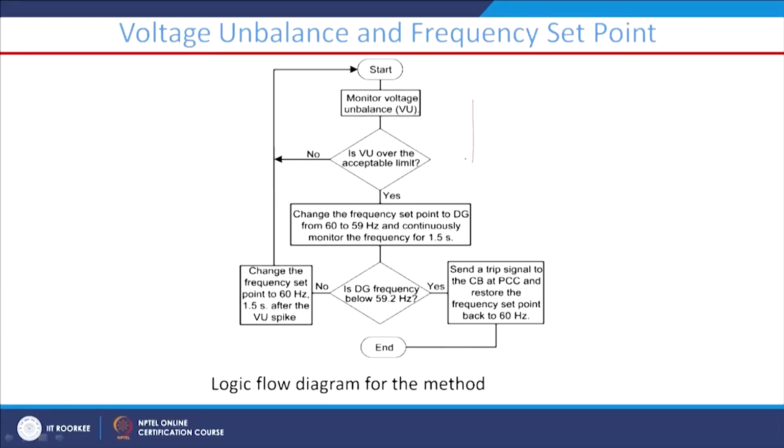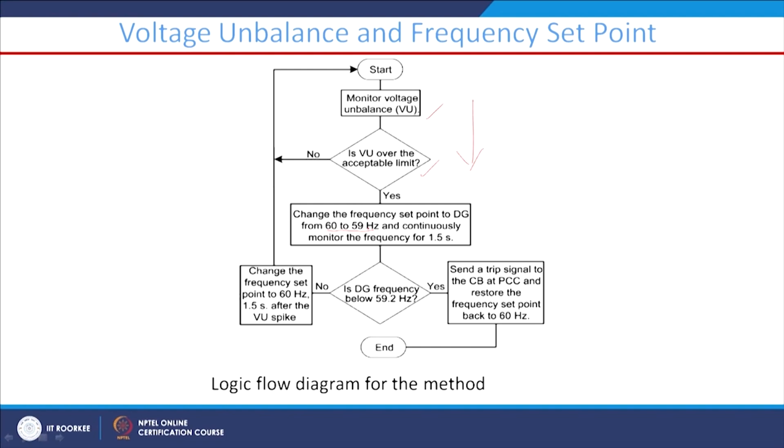Now, after this, if you can see this flow chart, this logic diagram, we are monitoring the voltage unbalance, what percentage of voltage unbalance is present in the system. Is it within the acceptable limit, yes or no? Is VU, voltage unbalance, over the acceptable limit? If no, you have to go back. If yes, then change the frequency set point of the DG from 60 to 59